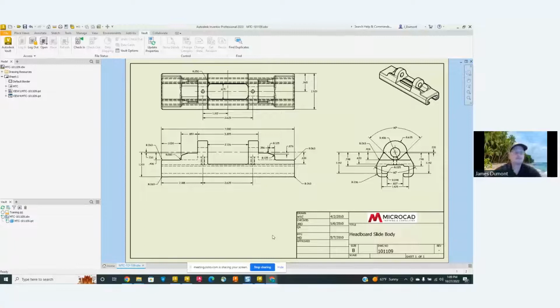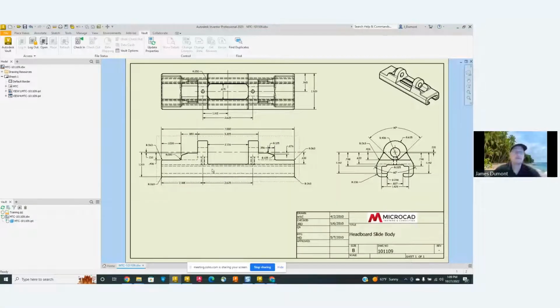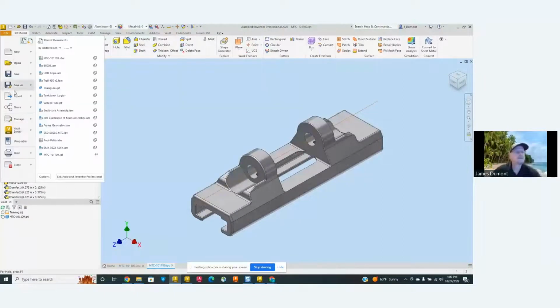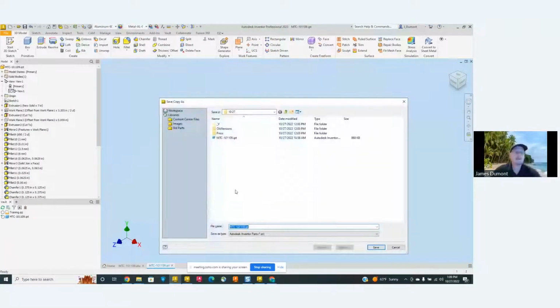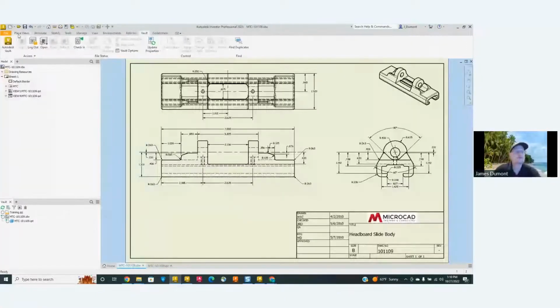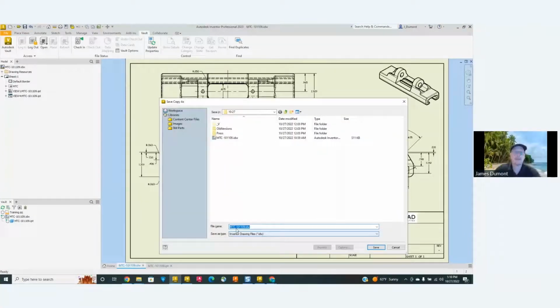So one thing that I see even today quite a bit is they'll open up the part file. They'll do save as, save copy as, and they'll create a brand new file. So we'll call this sub MTC, we'll call it JRD. So that's my part file. Not a big deal, that works. And then we'll go to the drawing file, and then we'll do a file, save as, save copy as, and I'll come in here and make this a JRD. You would think that would do it.